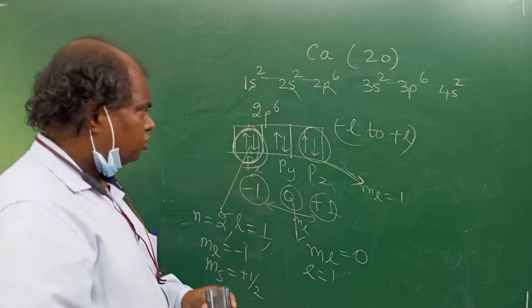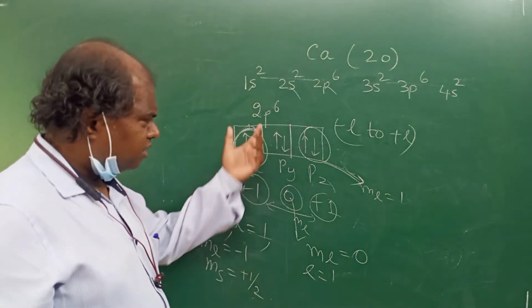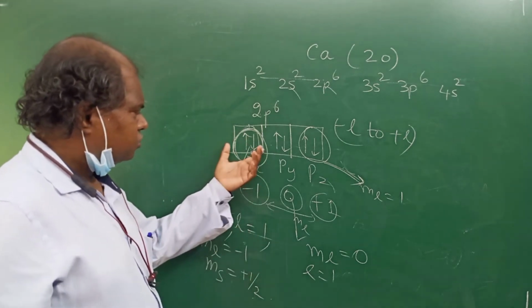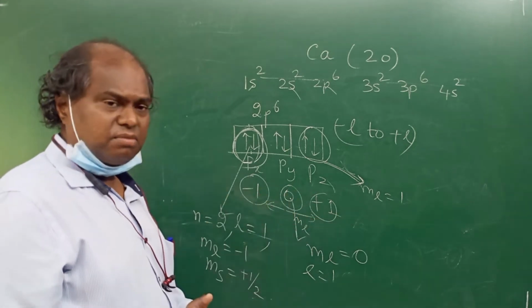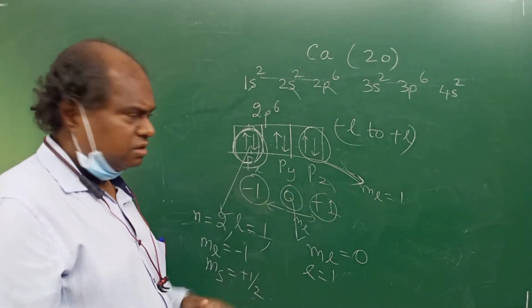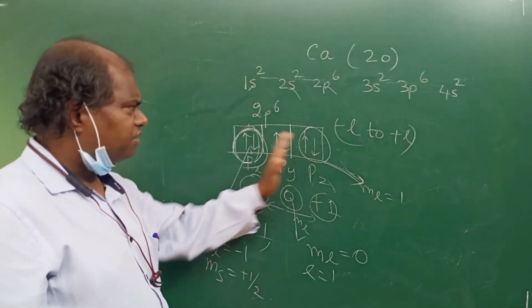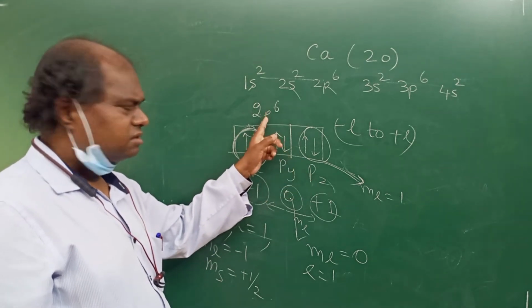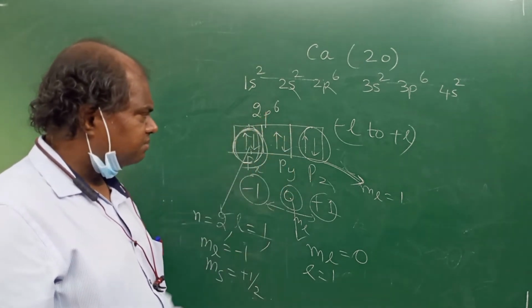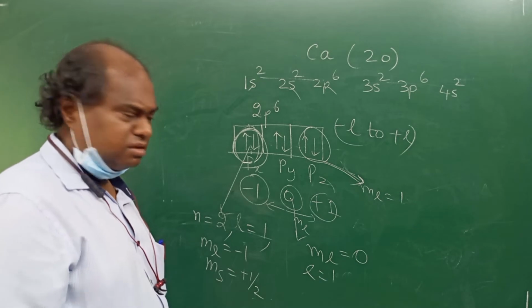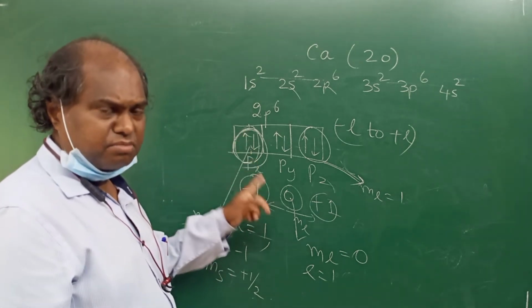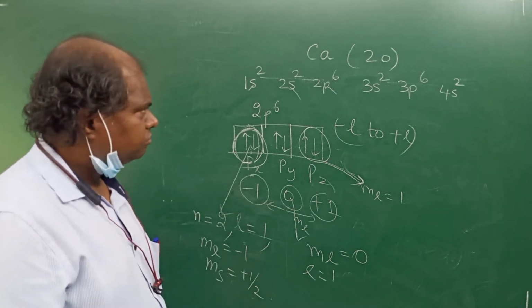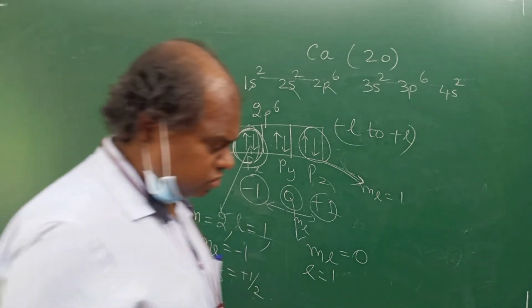So that's the thing. What are the quantum numbers for each? For this ml is minus 1, for this ml is 0, for this plus 1. L values are the same for everybody. What is the L value? 1, p orbital. n values are also the same. And in a box, one will have plus half, the other will have minus half. Okay students, so this is how you'll do.